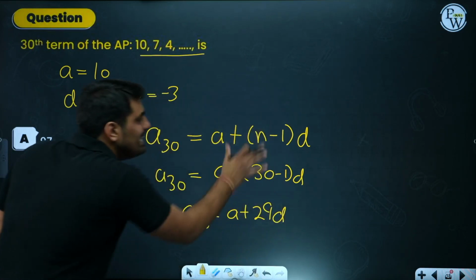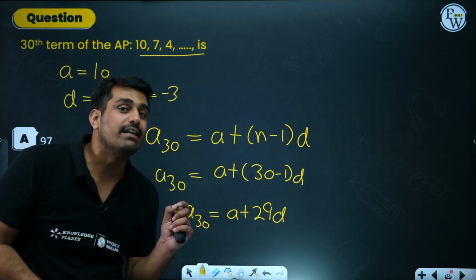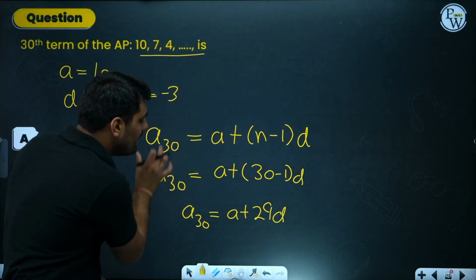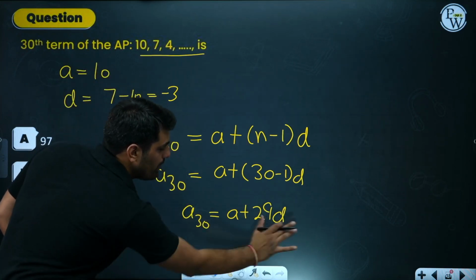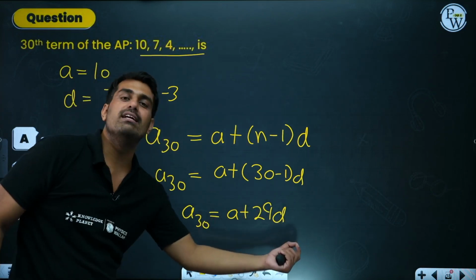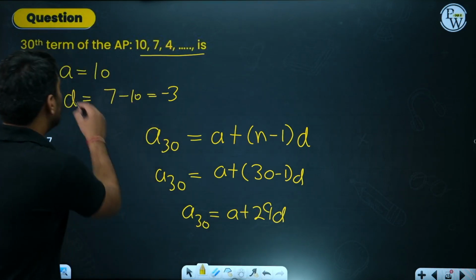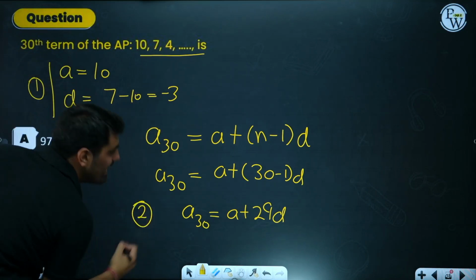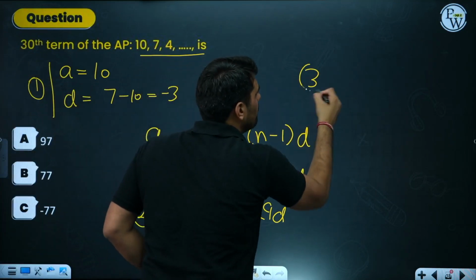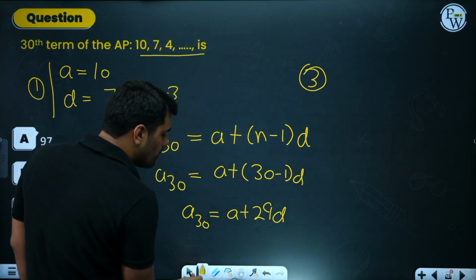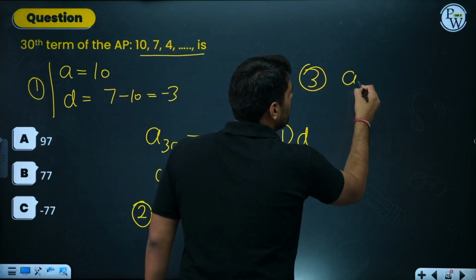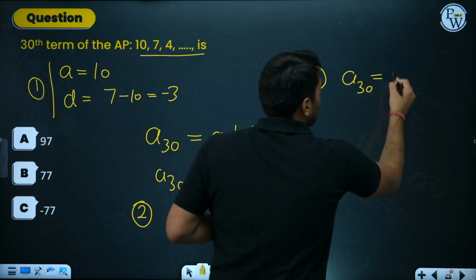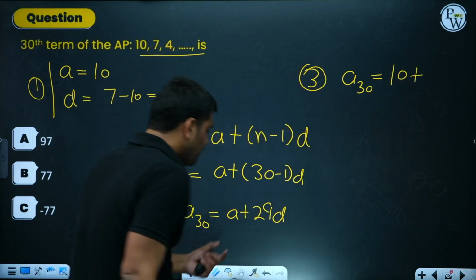These three steps are extra steps which I have written just to explain to you. But whenever asked for A30, you should directly write A30 equals A plus 29D. The first step was this, this is our second step, and our third step would be very simple. Putting in the values. A30 will be the value of A, which is 10, plus 29